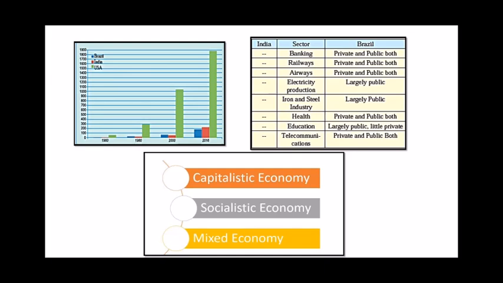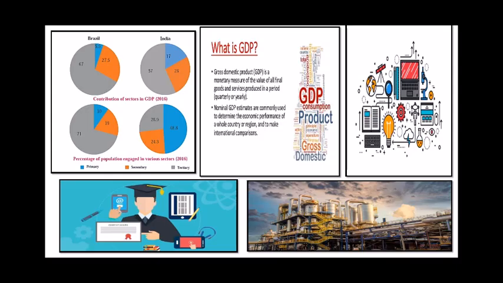So children, as we see in the comparison between both the countries, both the countries have adopted the mixed economy, public as well as private. Now you can see a pie chart which is showing the contribution of sectors to GDP and percentage of population engaged in various sectors for both the